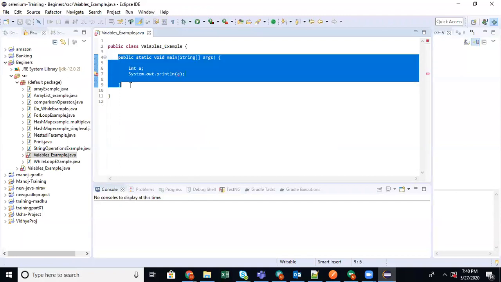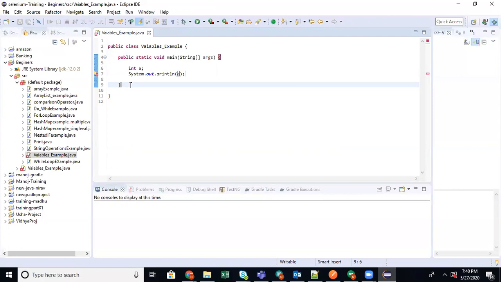It's called the main method. A class will have variables and methods. The variable can be local, instance or class, and the main method is mandatory, and for user defined methods, we will learn how to declare them.